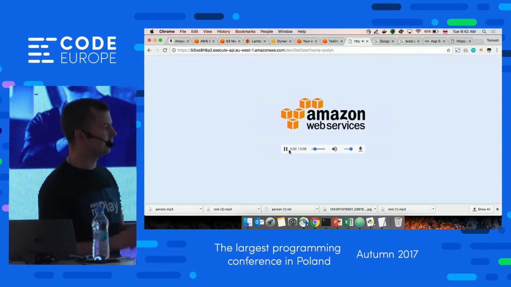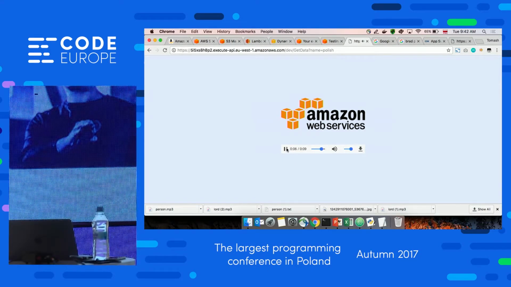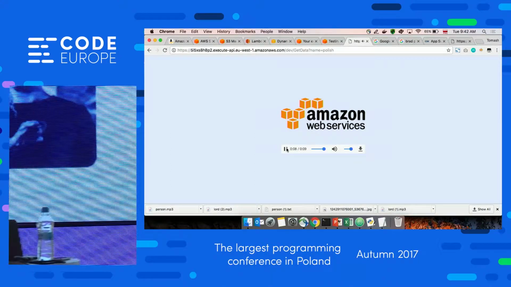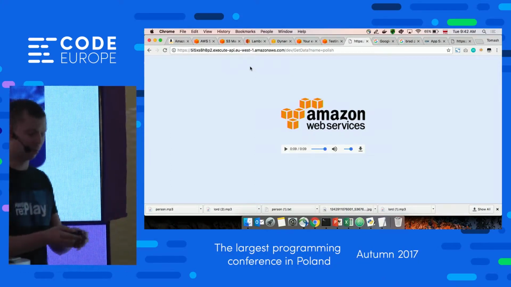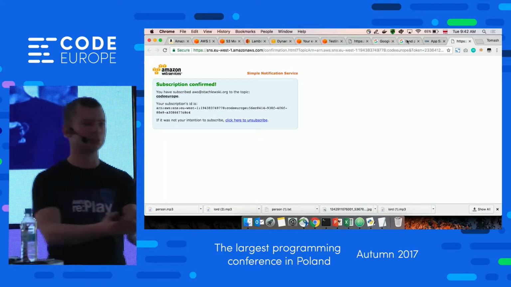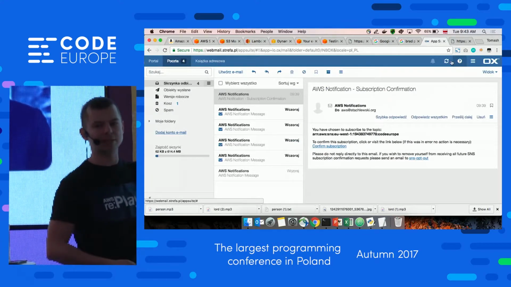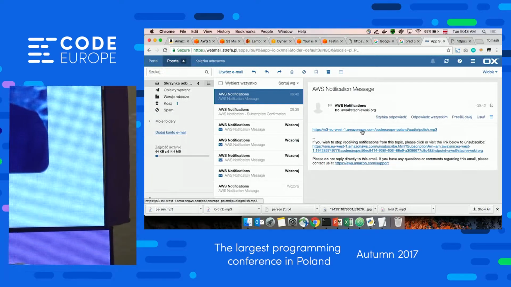Okay, so guys, the last step will be, let's talk to it. So now we are interacting with our application by putting files on S3, and we're just getting information by email, by SMS, and so on, by web page. But maybe we would like to talk with our application, and maybe we would like to use Alexa. Alexa is an artificial brain which was created by Amazon.